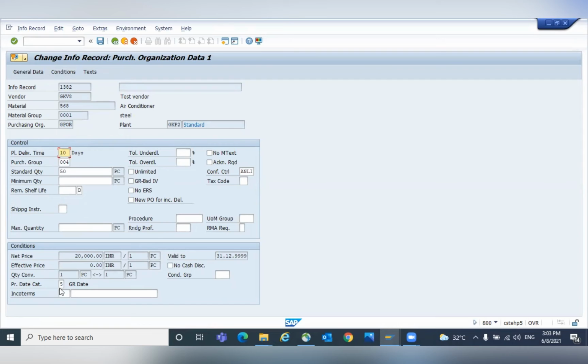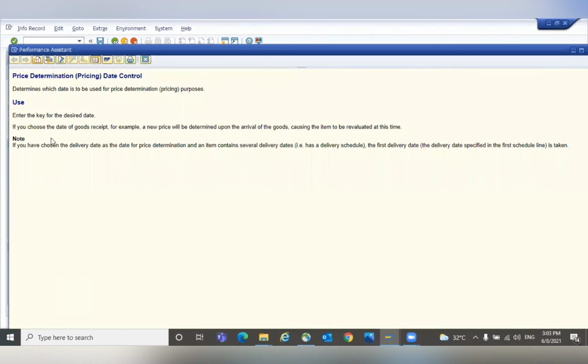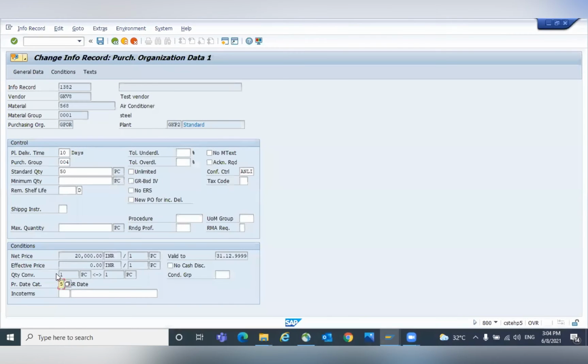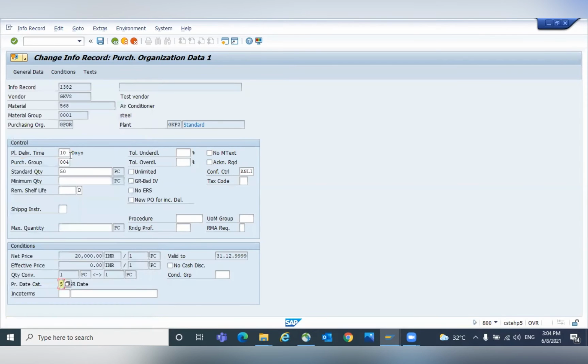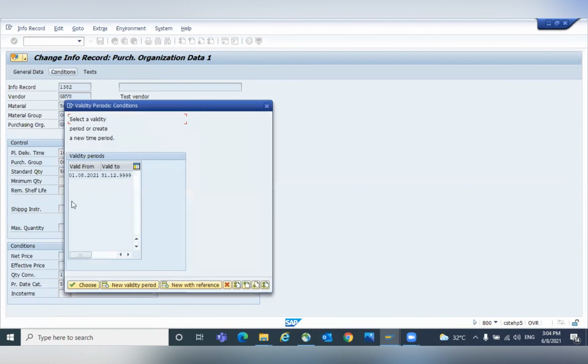Okay, here we have a concept called the control, price determination, date control. This will determine which price is required. For example, you can determine based on the PO date, that is, at the time of PO date, what is the price available in info record that can be utilized, or the goods received date. Okay, so I'm selecting the option called goods received date, and if you come to the conditions,